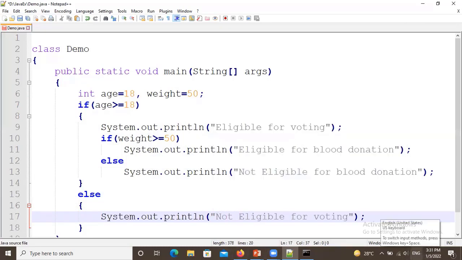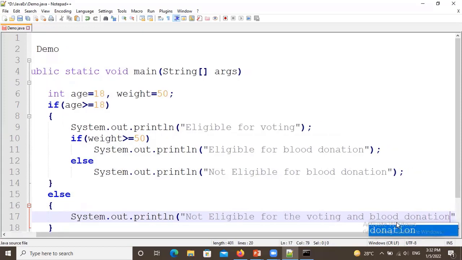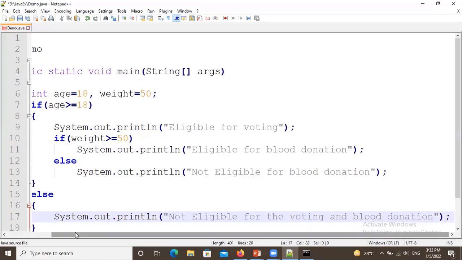For both, not eligible for voting and for blood donation. Right? So put the semicolon after the statement.